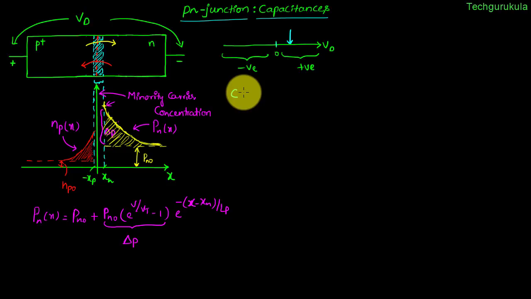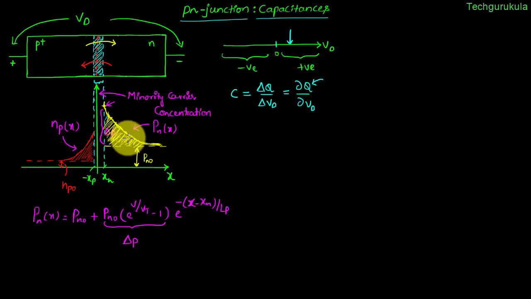And we're going to define the diffusion capacitance, and it should be a small signal capacitance. So we write it as del Q by del VD, and as del VD tends to 0, we can write this also as dQ over dVD. Instead of changing VD by just del VD and then finding out how much is the change in the charge stored, we'll simply find what is Q as a function of applied potential and then do differentiation in order to find the capacitance. So now to start with, let me find what is the charge, which is the excess hole